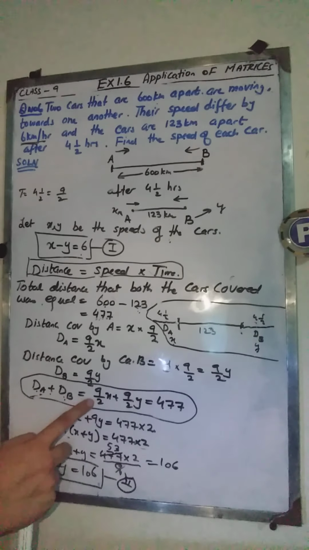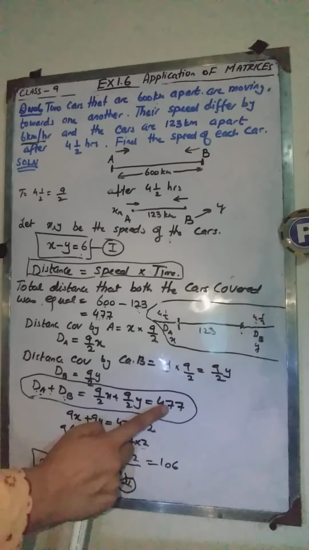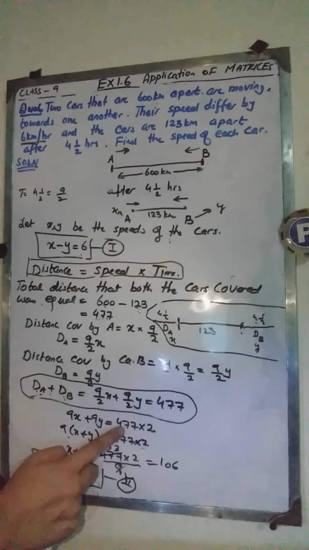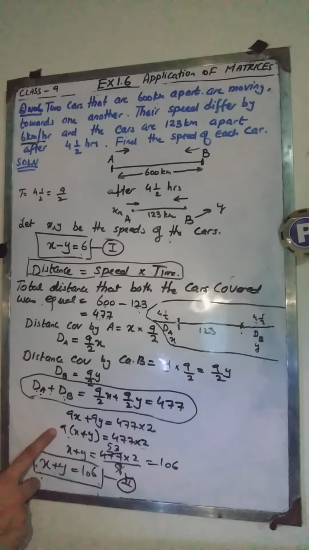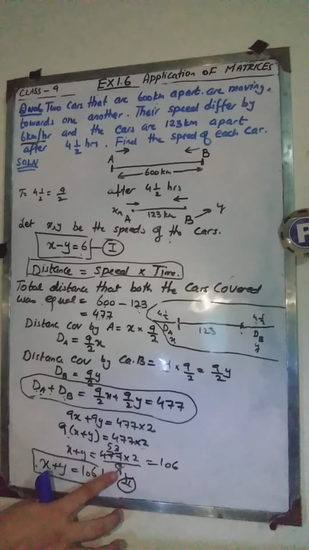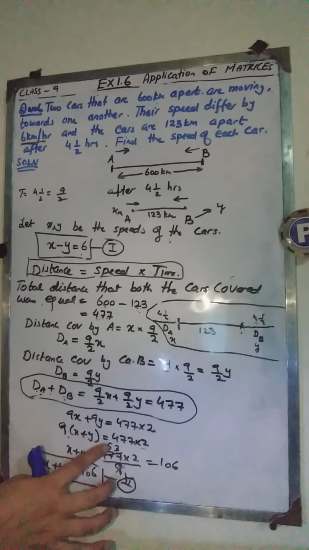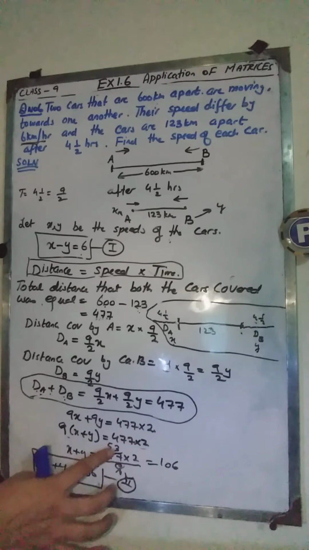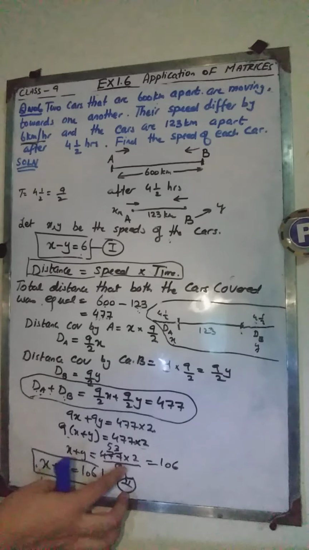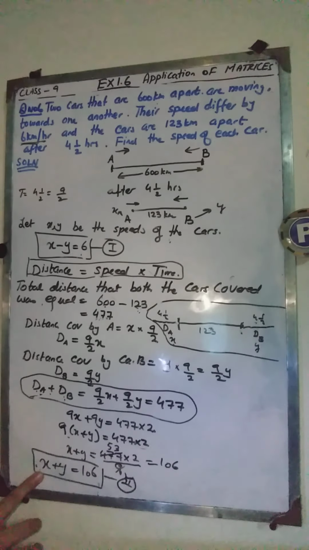Now simplifying this equation, shifting 2 to the right hand side, taking 1/2 common and shifting it to the right hand side, I get 477 into 2, and then taking 9 common from both these terms, and then shifting it to the right hand side, and then doing the required calculation. 9 ones are and 9 53s are. You can easily simplify them by cancellation through 3 also. You will get 106. So the second equation is this.